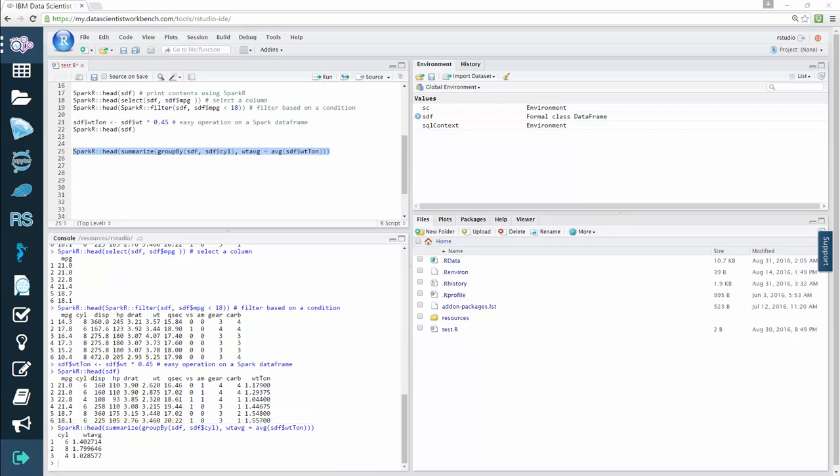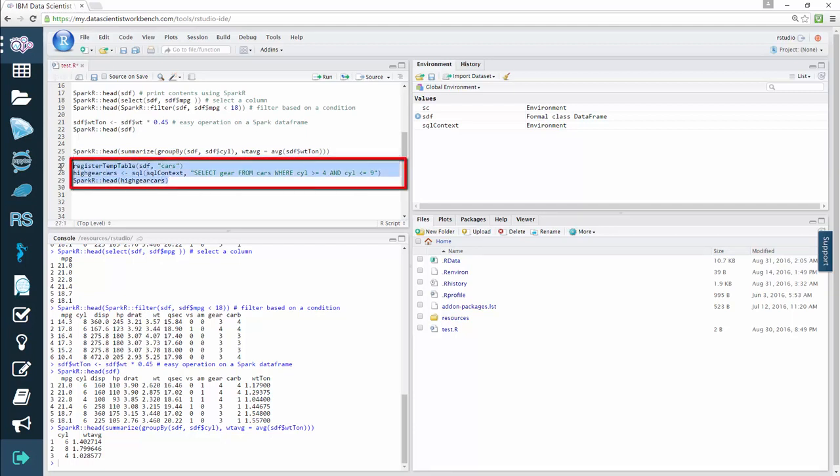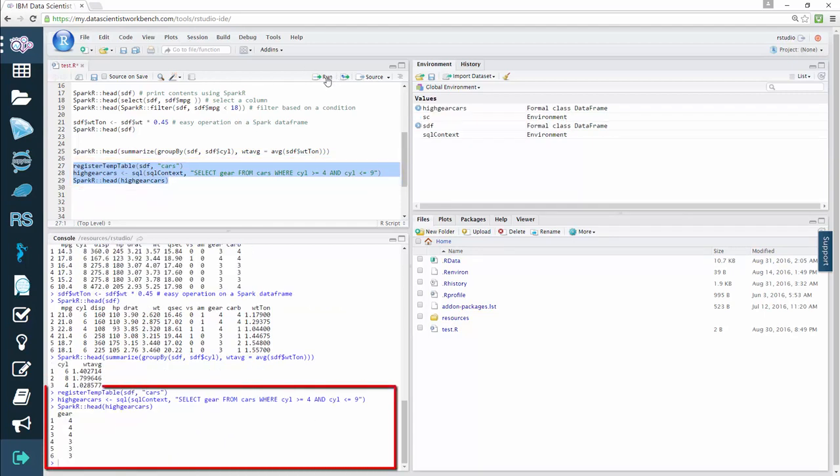And finally, here's how you can run SQL queries from Spark data frames. A Spark data frame can also be registered as a temporary table in Spark SQL. Registering a data frame as a table allows you to run SQL queries over its data. The sql function enables applications to run SQL queries programmatically and returns the result as a data frame. In the console output, we see the gears where cylinder was greater than or equal to 4